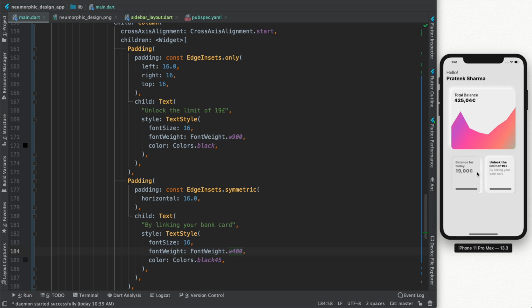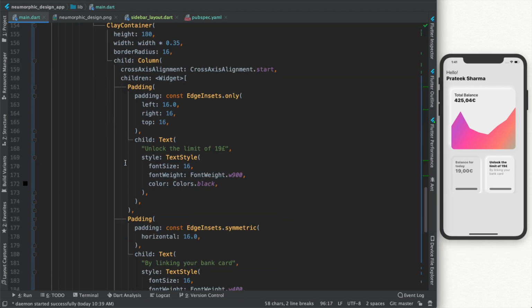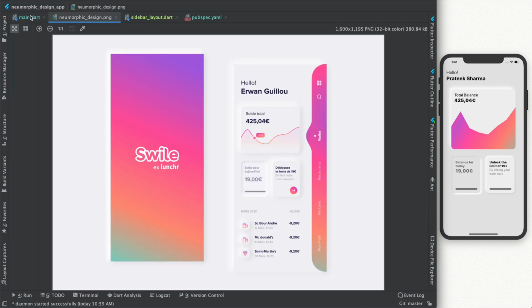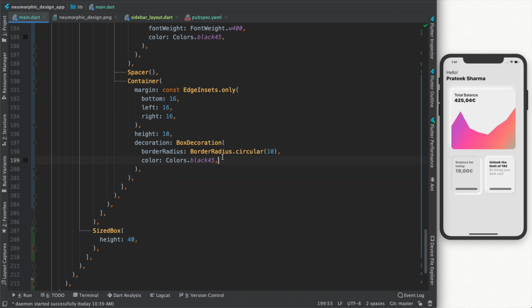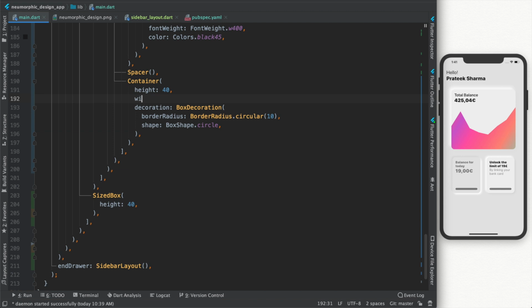And yes, after this row we will need to have a sized box that we had. We can see that this card has been embossed and this is coming out, right? The third thing is not the container, but it's a button. Okay, so we need to create this button again. So very last thing we have to do, we have to give shape as BoxShape.circle, and we have not given color to it. Margin we don't need to give. Height we don't need to give. Height we can give as 40, width as 40, and then it will have a gradient